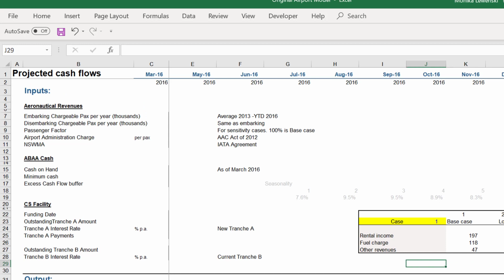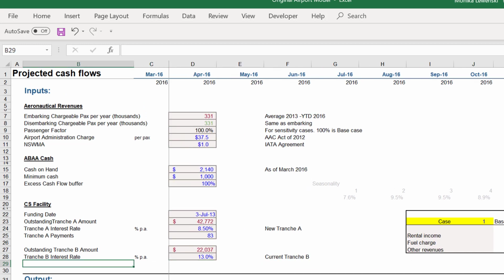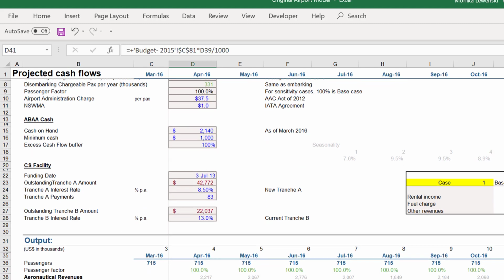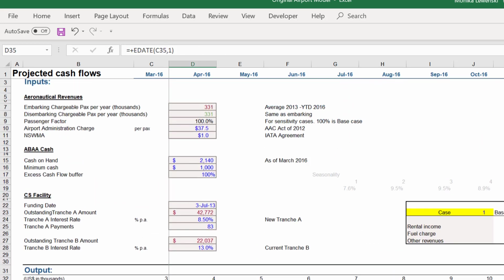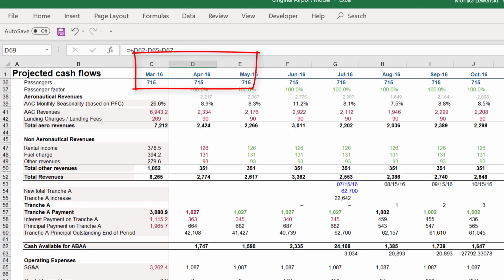Certainly another thing not to do is to not have any history next to the forecast. If you want to make a forecast, you want to see, if you have some historic data, that's a fundamental principle of, I think, corporate finance. You put the history next to the forecast.